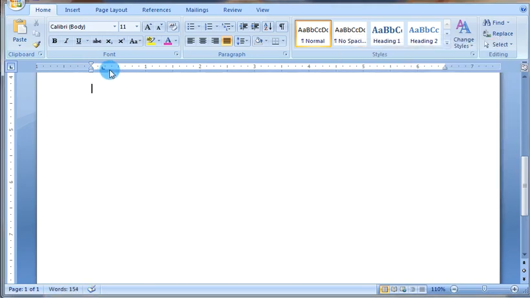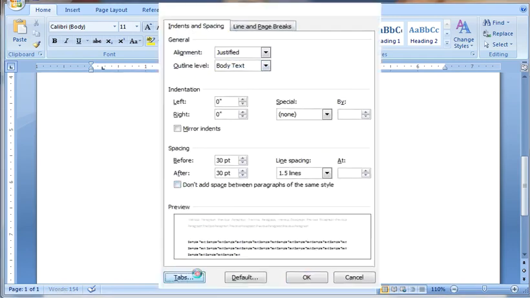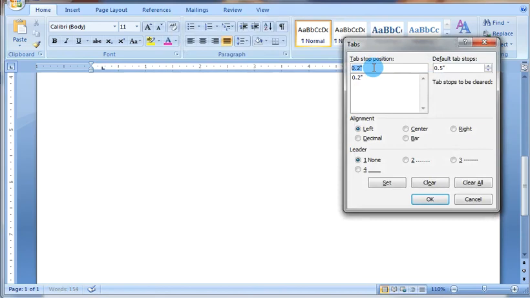Look, here is the L shape option, left tab. And now I set the center 2.2, center, set.